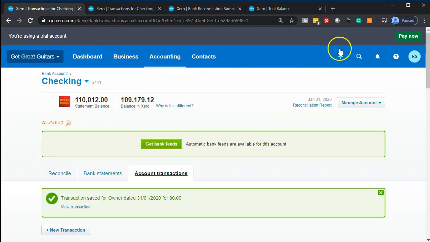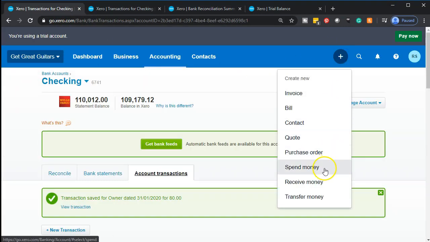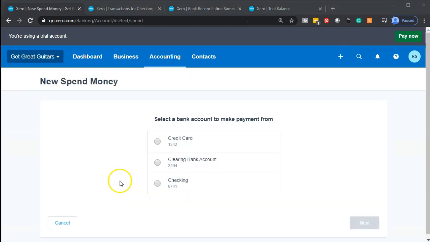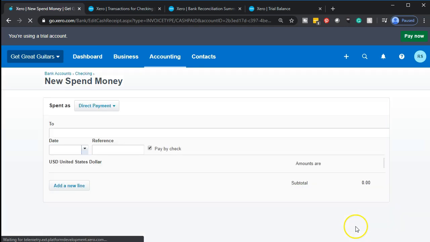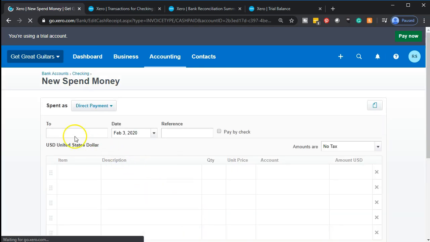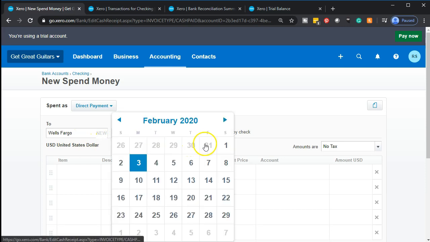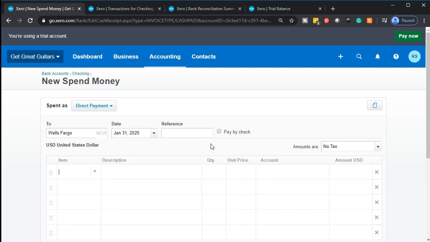Back to the first tab, we're going to select the drop down, and once again, spend money. It's going to be coming out of the checking account once again, so it's going to be removed from the checking account. We're going to be spending money from the checking account. This one's going to go to the bank, which we could put like Wells Fargo. And this is going to be as of the end of January, and this is going to be bank service charges. I'm going to say for $15, and then something like, let's try to type in, there we go, bank